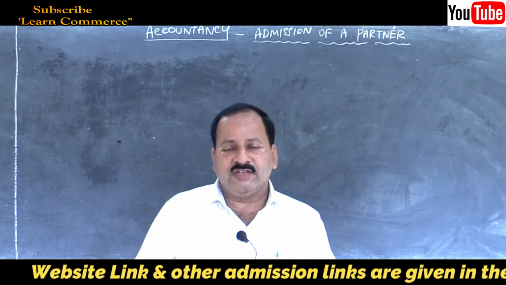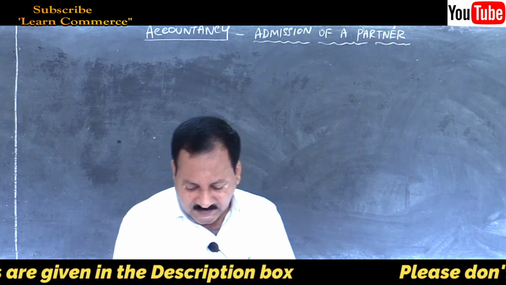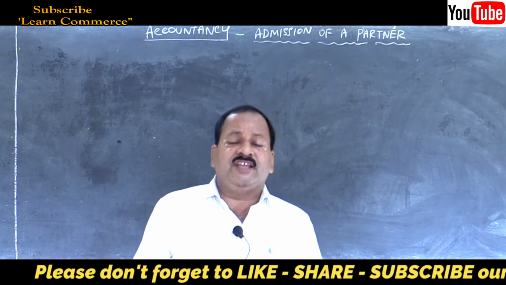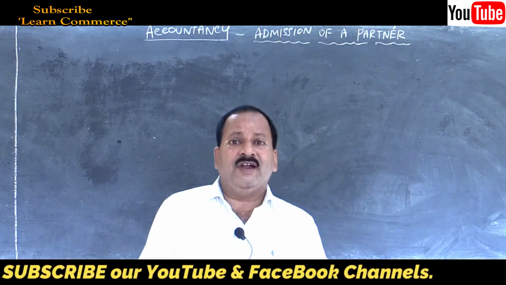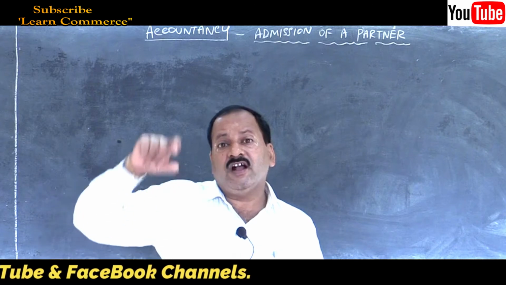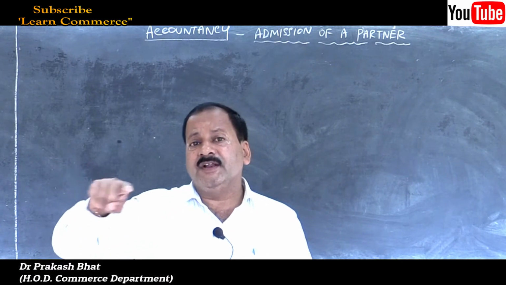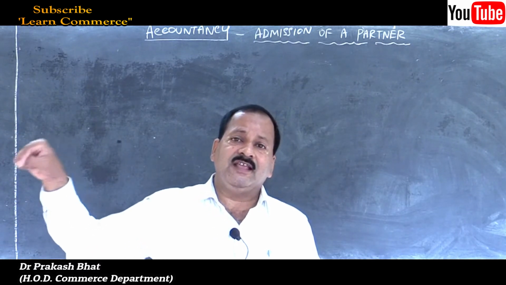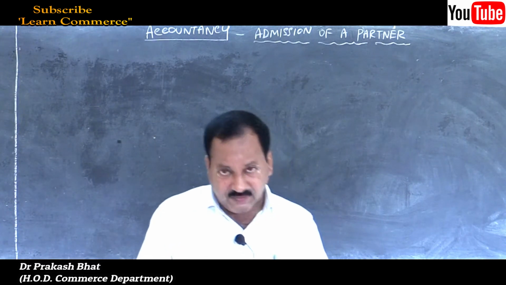Write the cash account straight away. Be specific: cash, rupees 25,000. When a new partner brings in cash, the journal entry will be cash account debited to the new partner's capital account. On the credit side of the partner's capital account, we should enter "by cash" in the new partner's column, with the amount, that is 25,000.